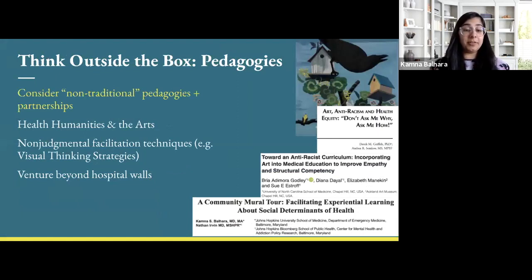So for instance, take the health humanities, which is an interdisciplinary field that pulls in the views of patients, physicians, caregivers, other members of the healthcare team, and integrates social sciences, social medicine, health policy, art, literature to go beyond the point of view of just physicians alone, and encourages interdisciplinary discourse about health in general. So adopting arts and humanities-based approaches in anti-racist curricula have been demonstrated to be feasible formats for this kind of conversation. Partnership with interdisciplinary colleagues, think about your undergraduate campuses or other campuses that are available where you work. Those might be great partners for coming into the conversation.